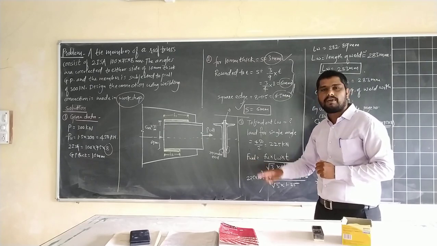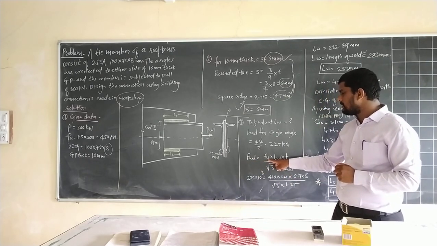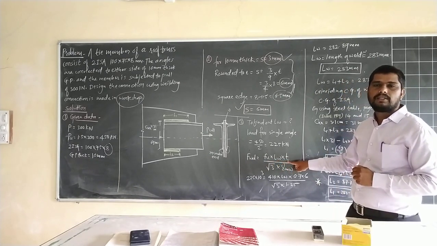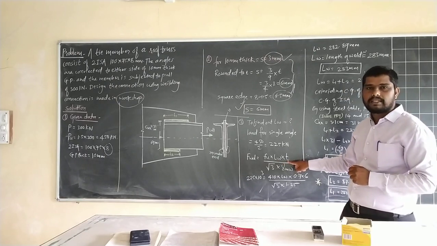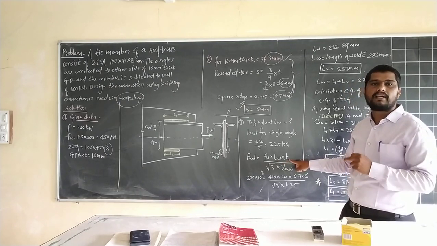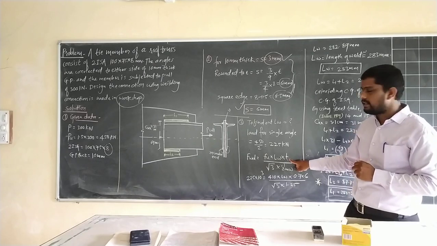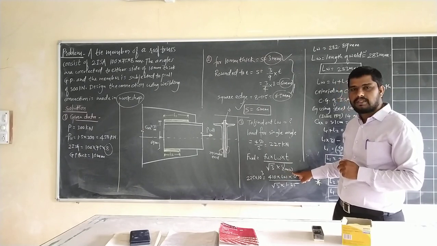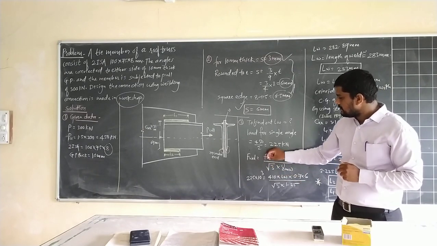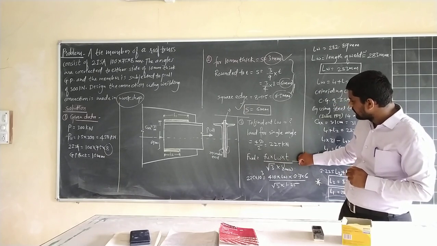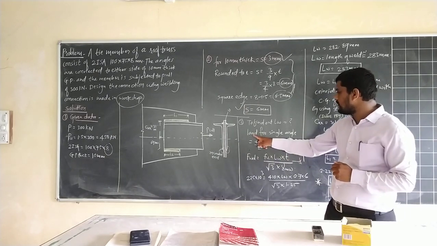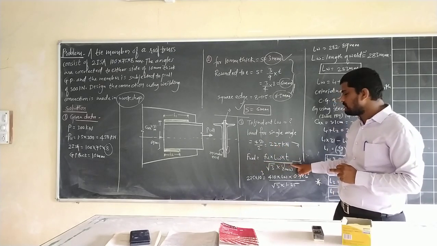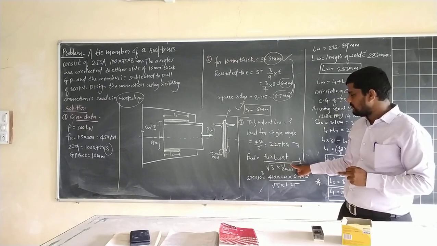So design strength of weld is equal to the formula with us, that is Fu, ultimate tensile strength, into Lw, length of weld, into t, the throat thickness. We know that is 0.7 times S, where S is size of weld, divided by under root of 3 into gamma mw. So equating this equation and this equation, because this is the strength of weld for single angle section and this is our formula or equation.